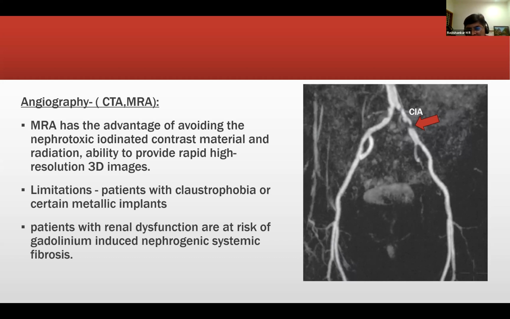So if the management is medical, then you have the information that you have and you record it and then medically manage them. If it is vascular intervention, whether it is percutaneous vascular intervention or whether it is surgery, you have to decide, and that is based on the angiogram findings. If you are going to do using angiographic methods, then only you use the percutaneous digital subtraction angiography. Okay, right, carry on. Sir, in your hospital, do you do a CT or an MR angio? What do you tell your students? MR angio, sir, usually. Okay. Fine, sir.